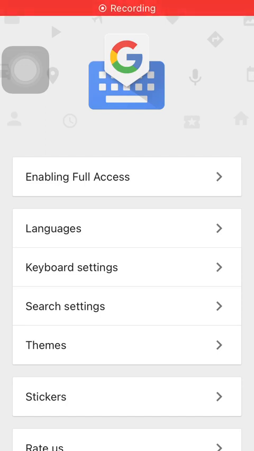Hello guys, in this video I'm going to show you how to enable the period or dot shortcut on the Gboard